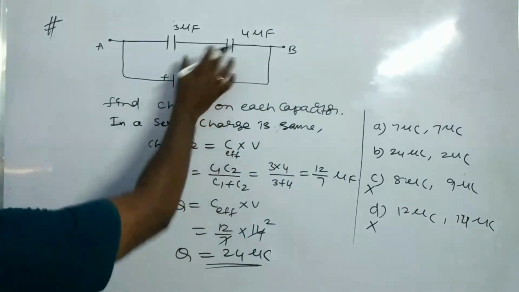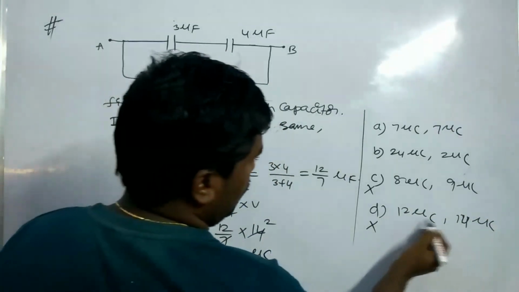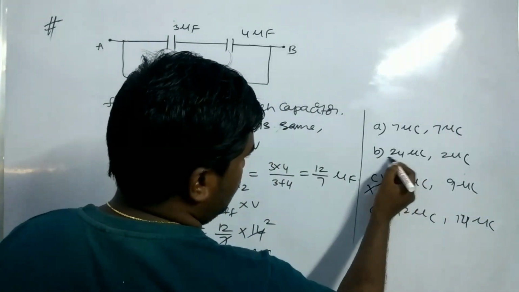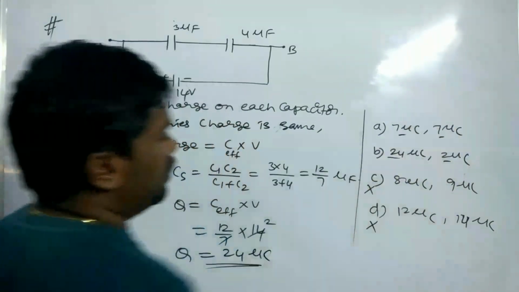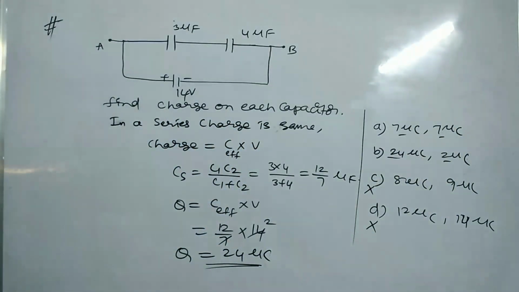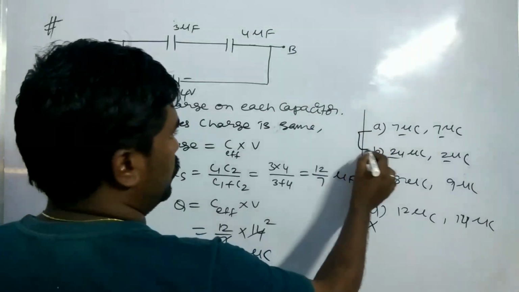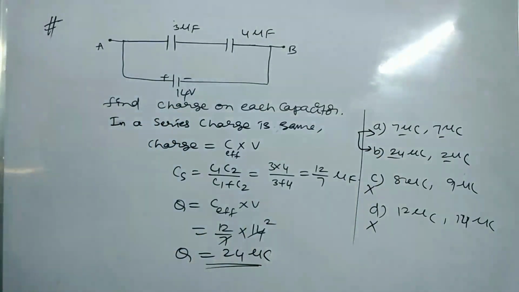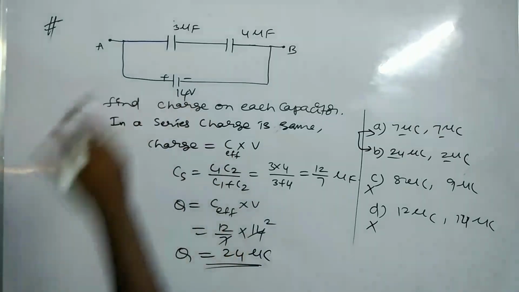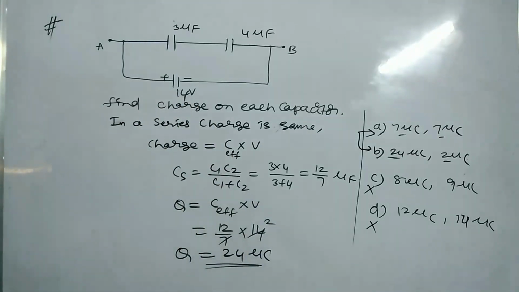In the series combination the charge is the same, so these are not the same, but this one and this one are the same. So the answer is in these two. We find effective capacitance into voltage potential, so let us find the 24 microcoulombs. This is the method you have to use in various